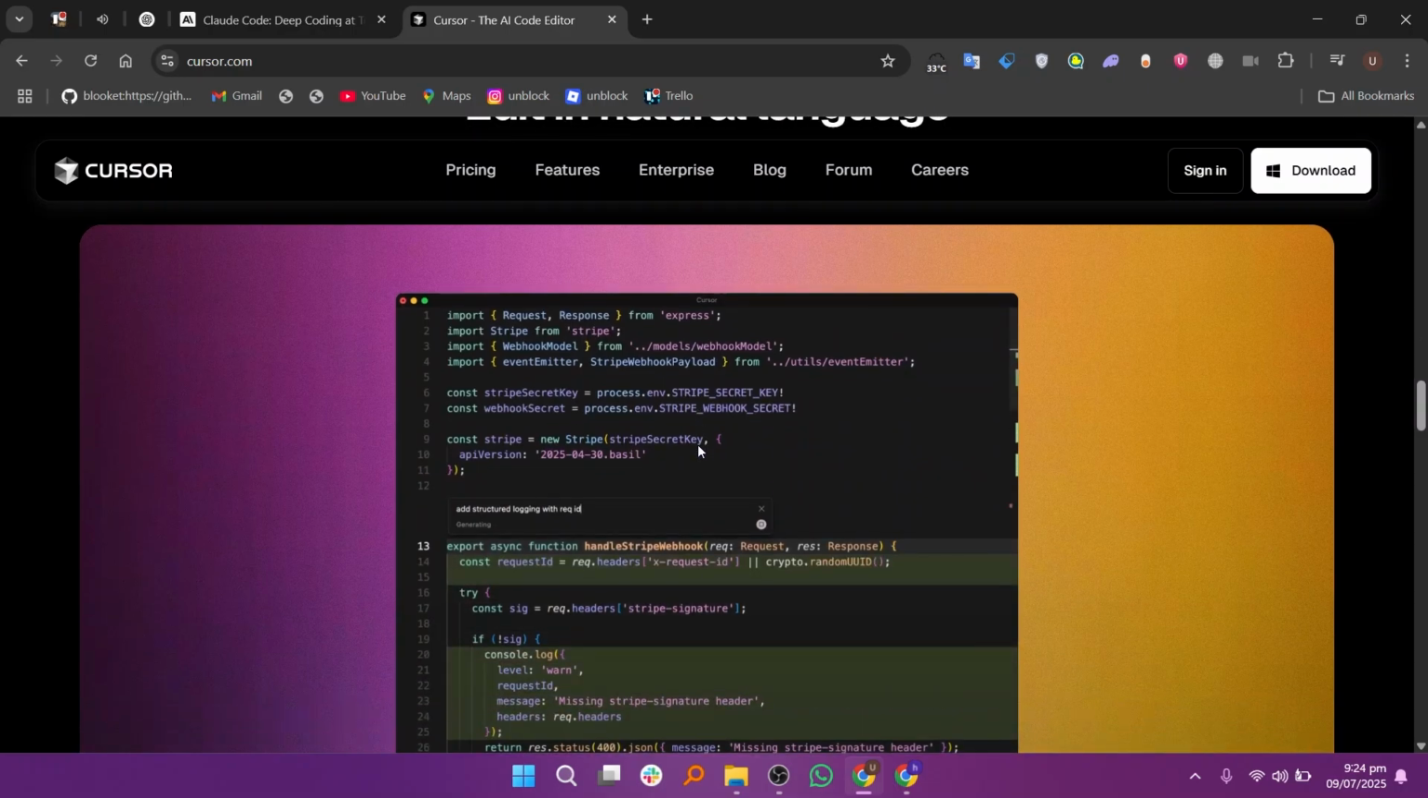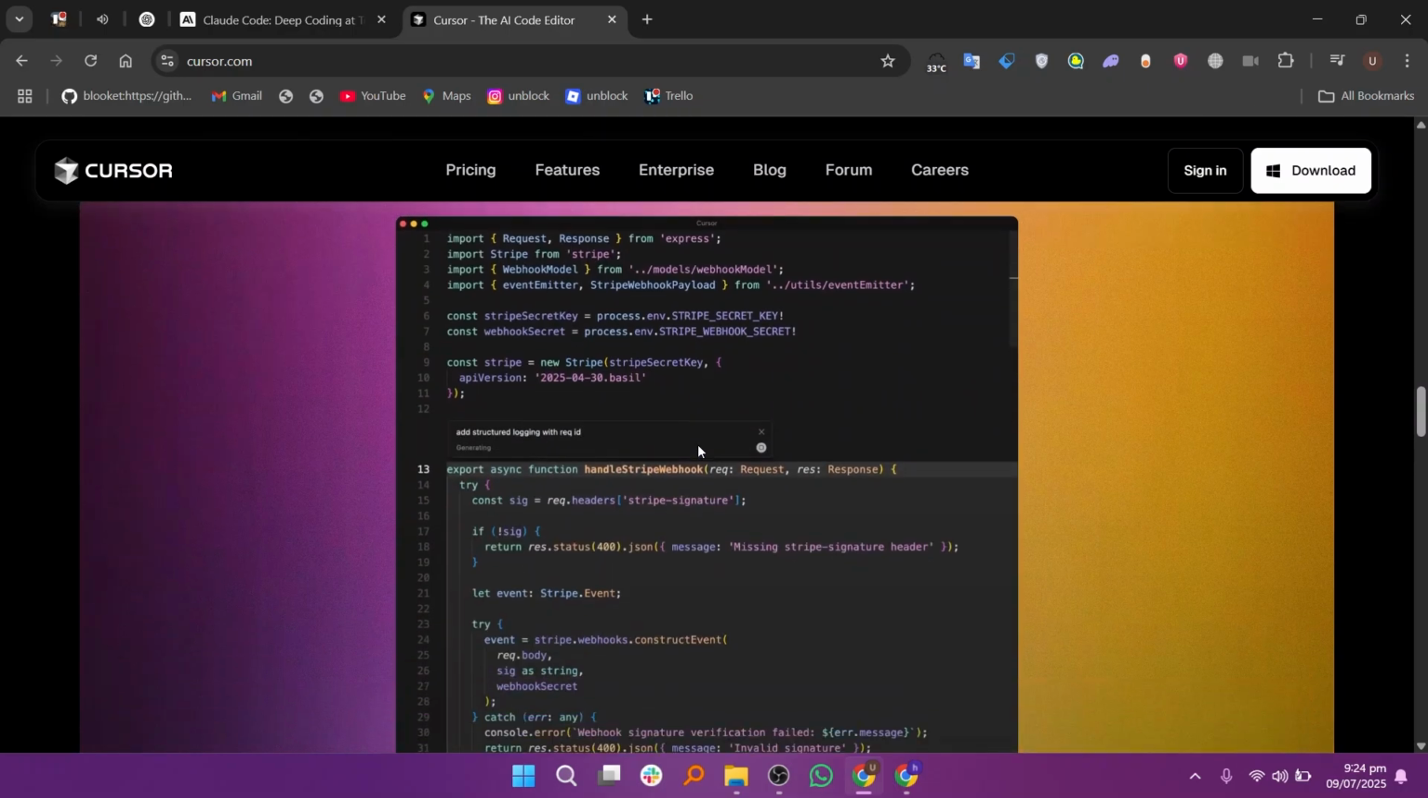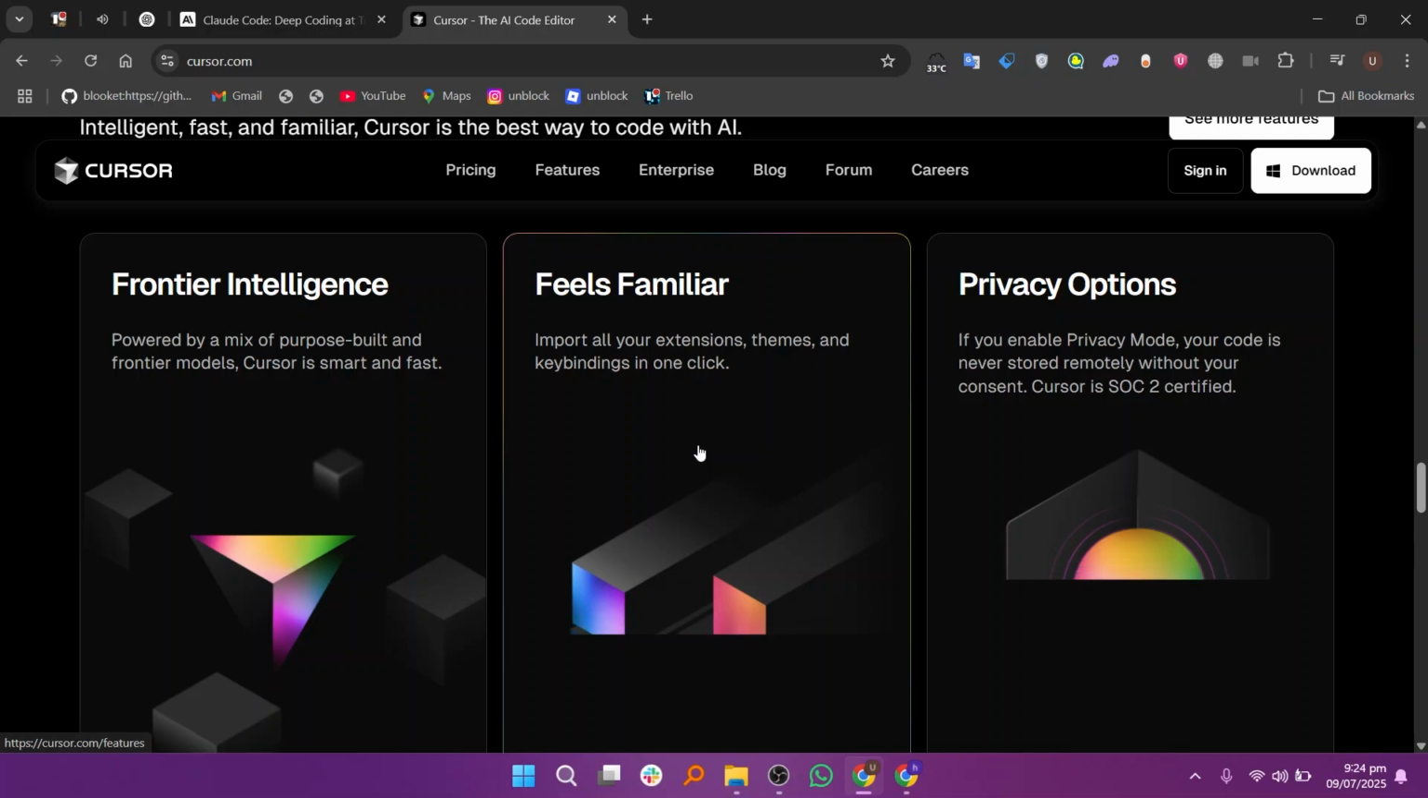In my opinion, Claude excels at complex logic and broad explanations, while Cursor is ideal for hands-on development with seamless